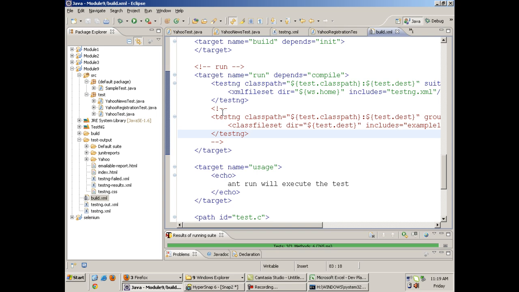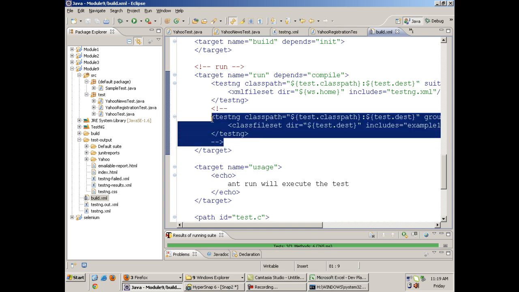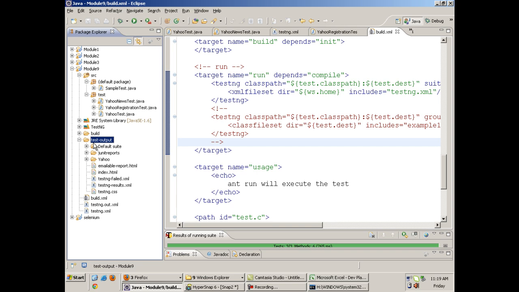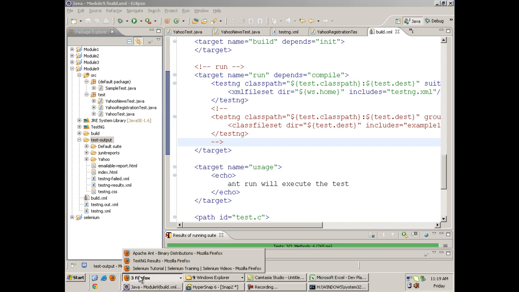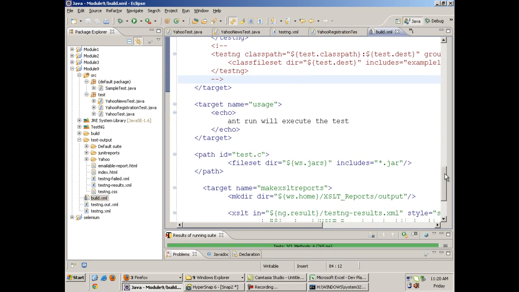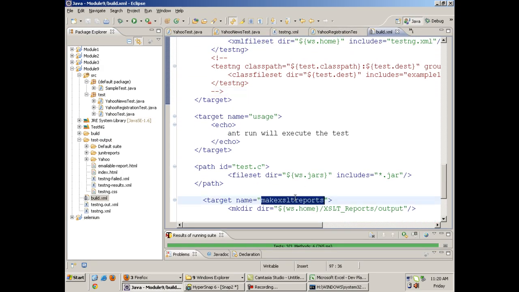Now about the reports. The reports generated until now would be the test output, the normal reports. Now I want to generate TestNG XSLT reports, which are special reports and which look very good in the UI. For generating those reports, in this file I have made a special target called make XSLT reports.